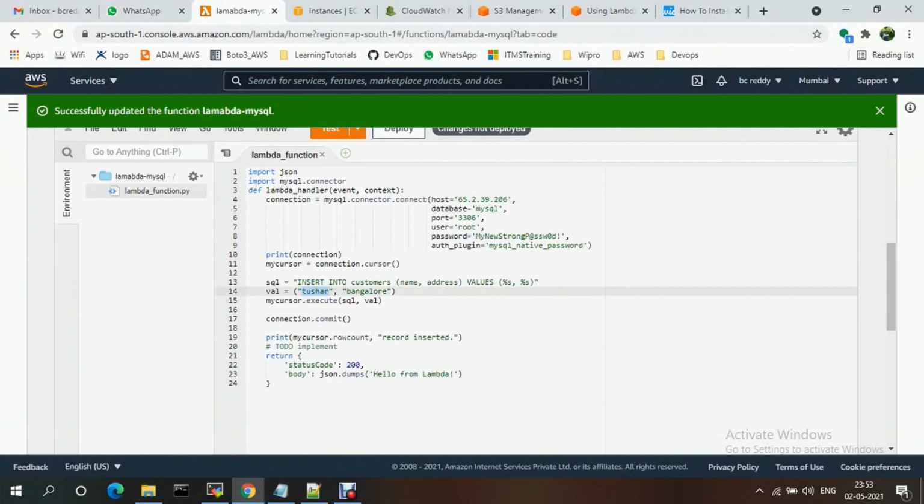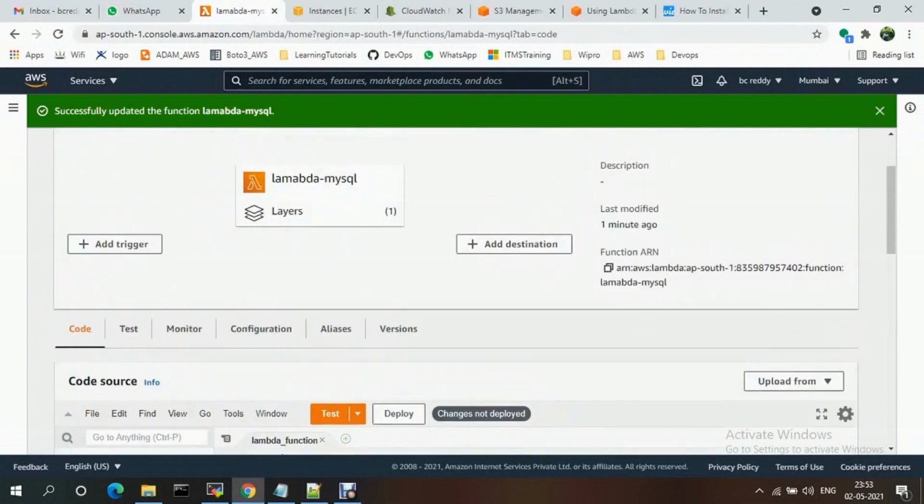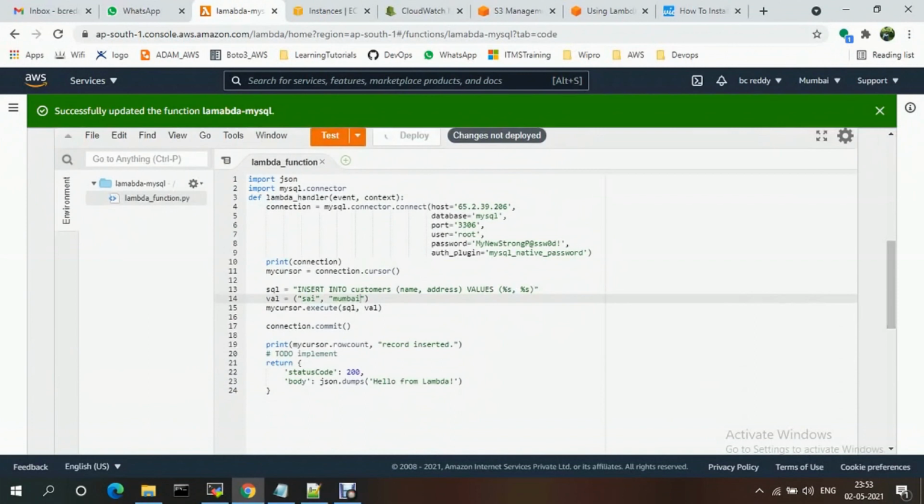Suppose I want to add Sai, and the location should be something. Then you just need to deploy. Once it is deployed, the changes are deployed.